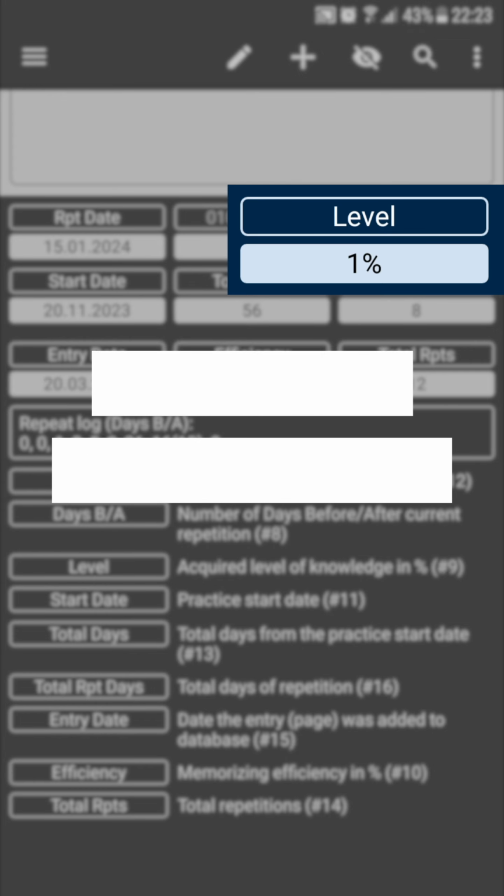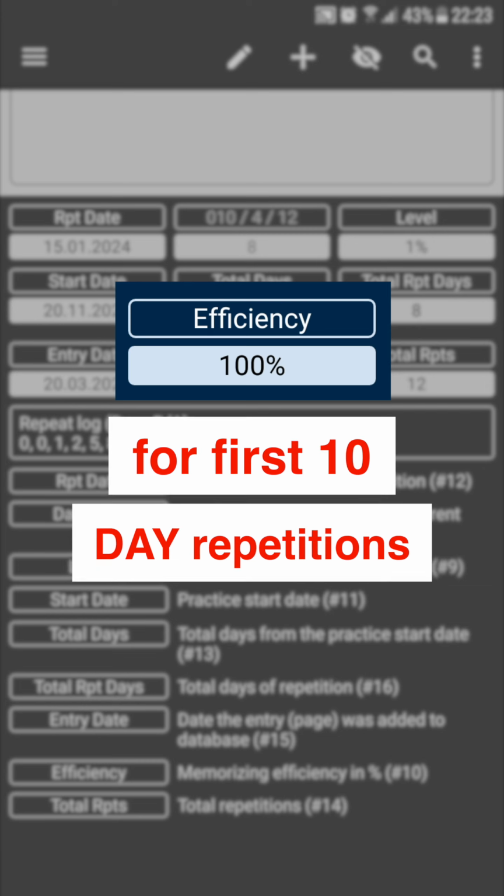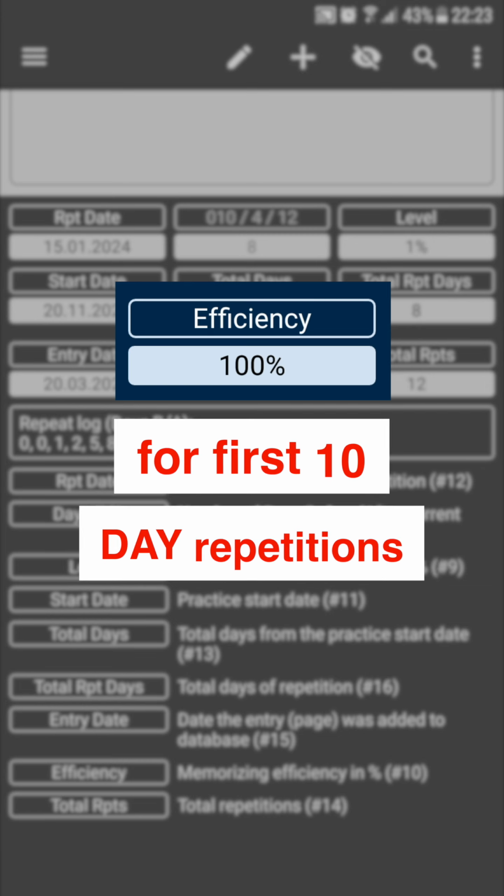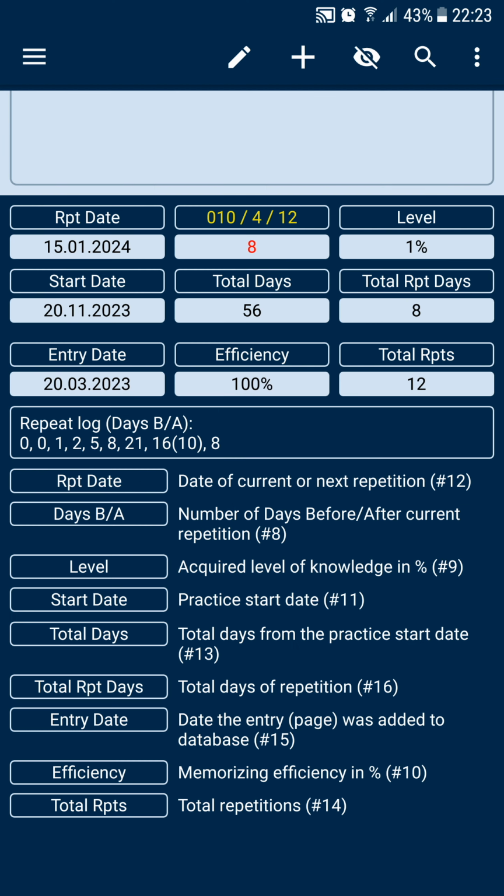The field Efficiency shows how effective your memorizing is for the first 10-day repetitions of the material. The level and efficiency indicators are calculated with the same formula for all pages in your database and for all users. That is why these indicators can serve for comparison.